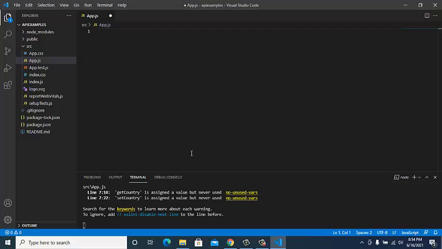Firstly, I'll create the functional component. I'll write rfcp, the shortcut with which you can create a functional component. Then, after creating this component, I'll import useState and useEffect, which I'll be using.